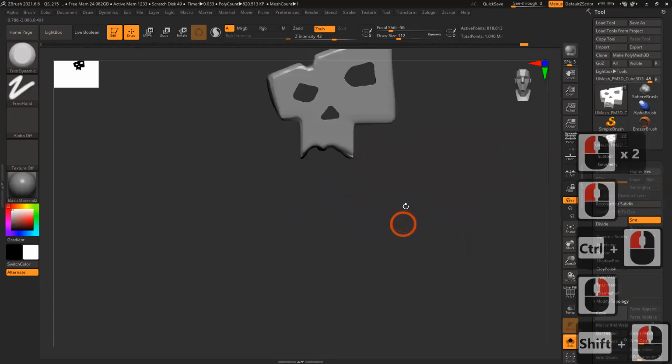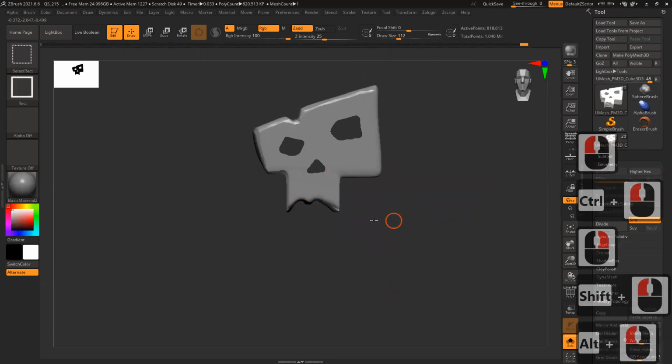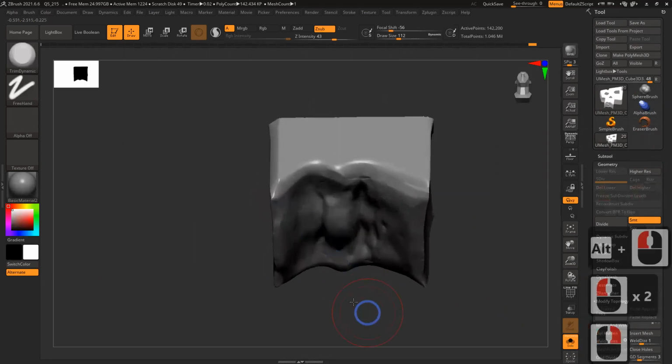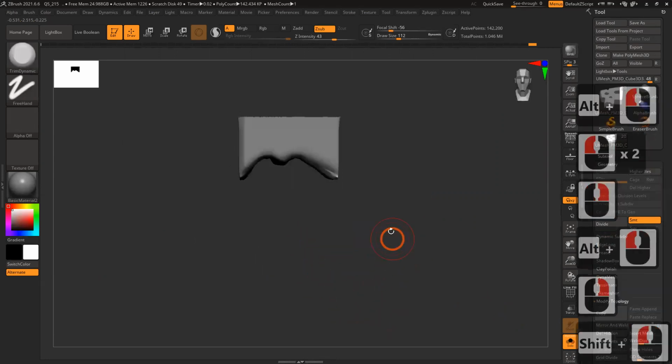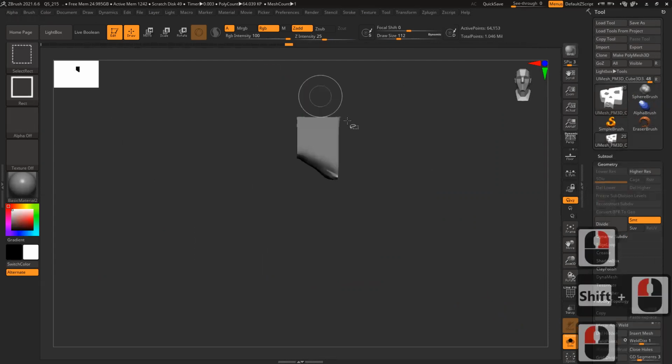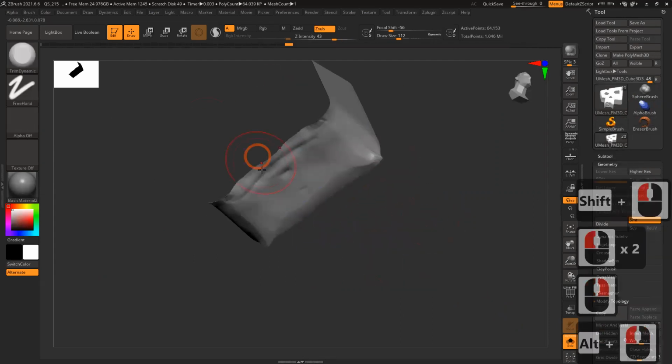And I just want to work on this area. Control Shift, select, isolate this section only. Similarly, if I want, I can isolate only this section, make it flat.